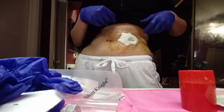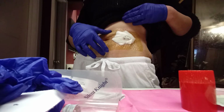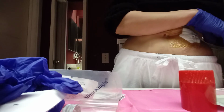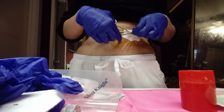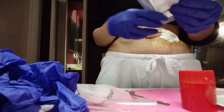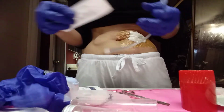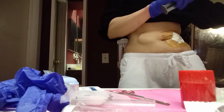You can see that right now I have half of the Tegaderm covering my dressing. Okay? So when I need to use my feeding tube, here's what I do. I get clean scissors right here, okay? I cut a little opening, just a little opening, okay? I just washed these scissors, so it's okay. All right, then you're going to get, this is a brand new extension set, so I'm going to have to prime it really quick. So let me just get that done with another 10cc syringe I have right here. So while I do that,